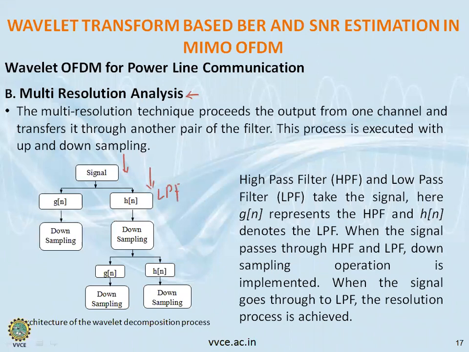So again, we need to go for the downsampling. And again, after the downsampling, if the amplitude is more than that of the